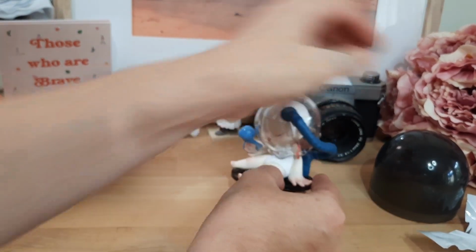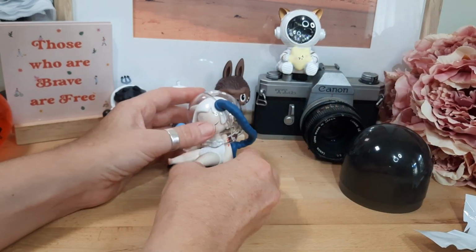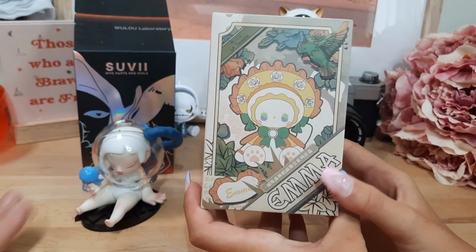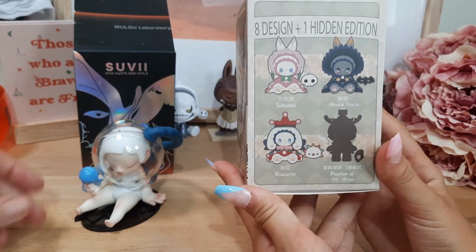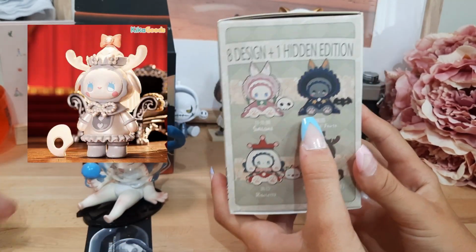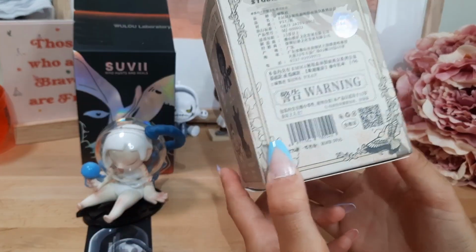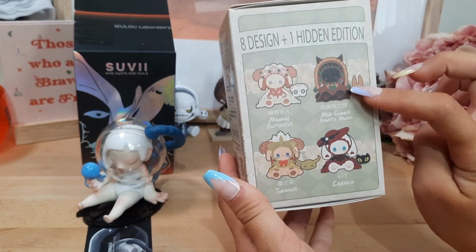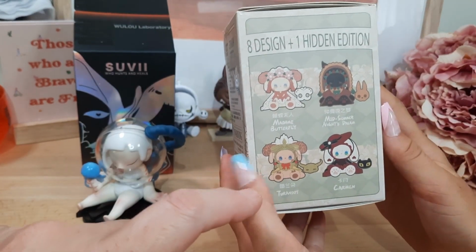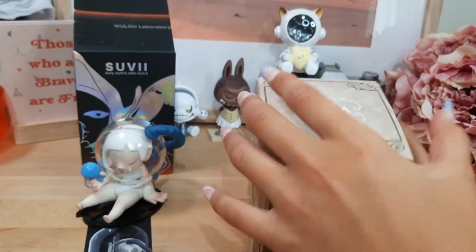And here she is, quite jellyfish looking. That's a little blue jellyfish in her hand. And here's the next one we had. It is the Emma Masquerade Series, and I do love a bit of drama, and I do love the Masquerade ones, and we thought that any of these 8 figures would have been sensational. Those were the 2 that you saw that we would probably most like, but any of them we would be